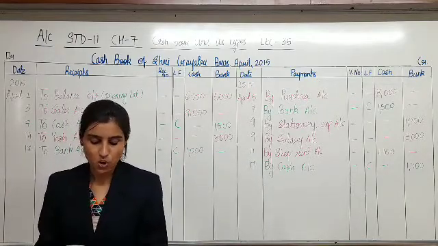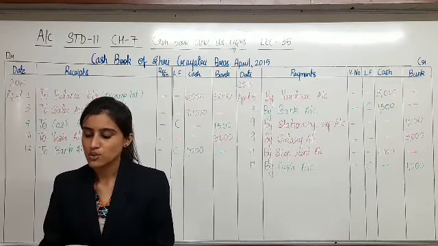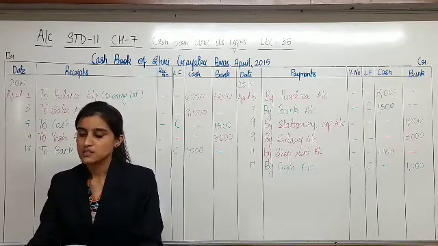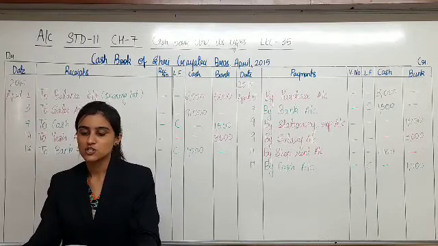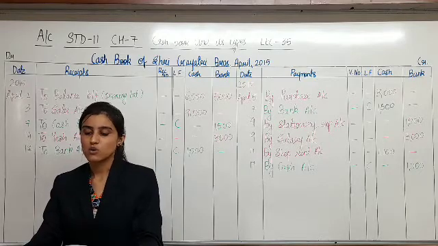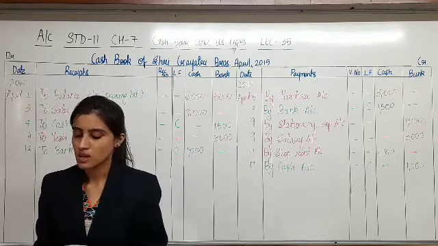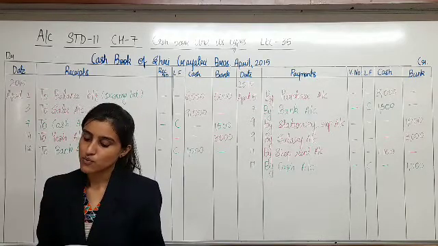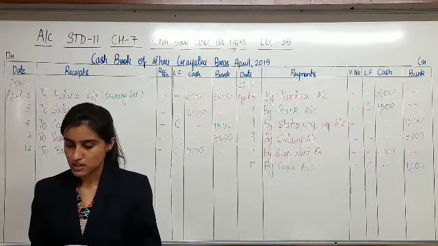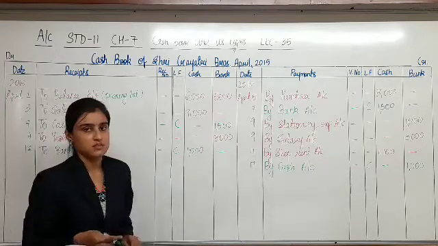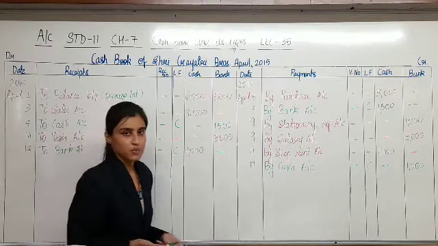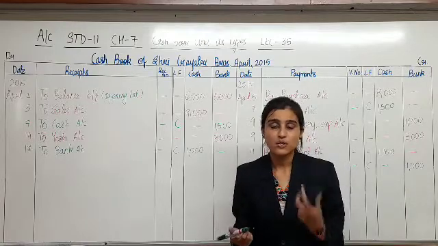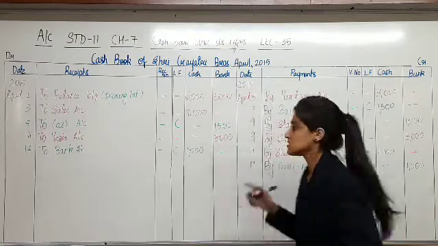On 21st of April, furniture of rupees 8000 purchased for household and check for the necessary amount is issued from the bank account of the business. Furniture has been purchased and check is given from business bank account. Yes, so this is your personal expense. If you are purchasing furniture for your house, it is personal expense. And the payment of that amount is from business bank account.